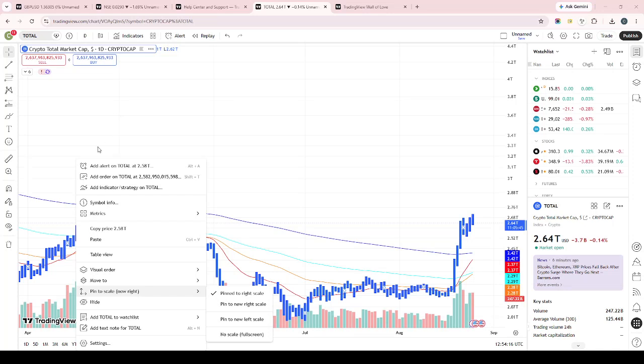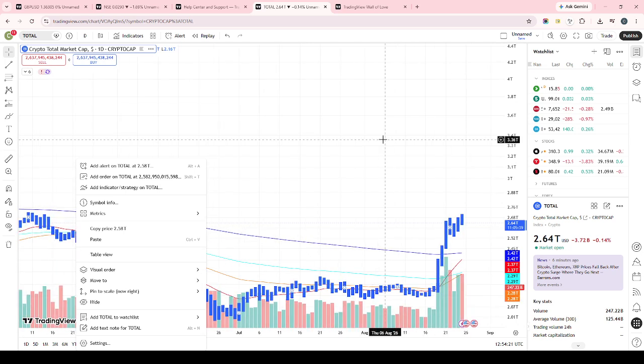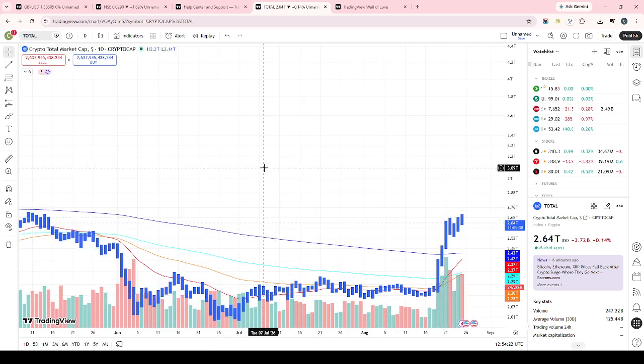In today's video, I'm going to teach you how to reset a chart view and restore the default visual settings. If your chart looks zoomed in too far, shifted out of place, or just visually cluttered after making a few changes, resetting it can help you get back to a clean and familiar layout very quickly. This is especially useful if you've been adjusting the display and want to return to the original setup without manually